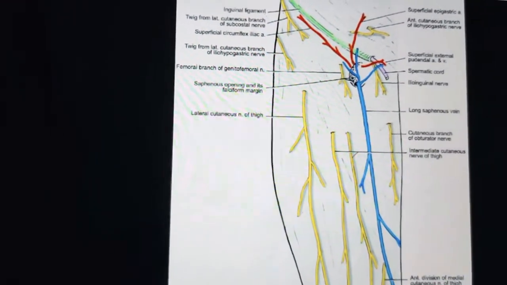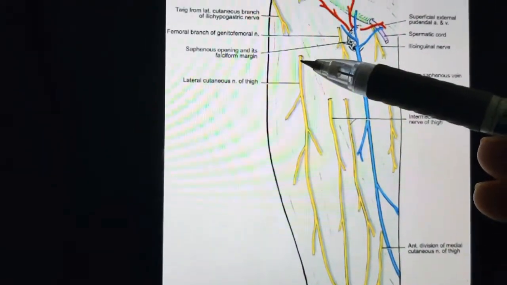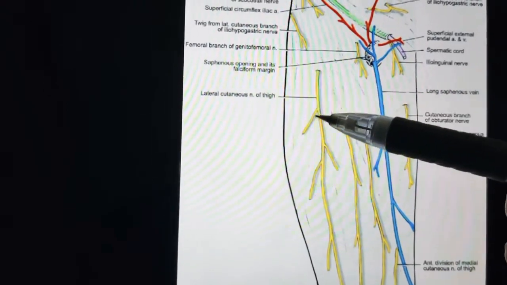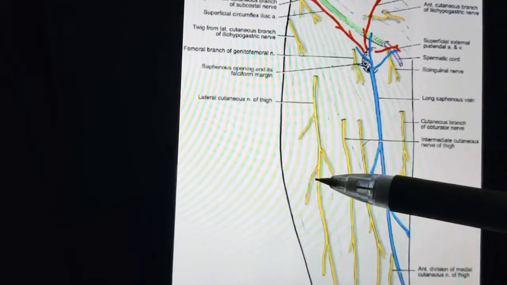So of course this one is the lateral cutaneous nerve of thigh. Here you can see it's mentioned. So this long branch, this one is the lateral cutaneous nerve. According to the name, it supplies the lateral part of the thigh. Its root value is L2 and L3 and it's a branch of lumbar plexus emerging behind the lateral end of inguinal ligament. It divides into anterior and posterior branches and supplies skin on the anterior lateral side of thigh and also the anterior part of the gluteal region.